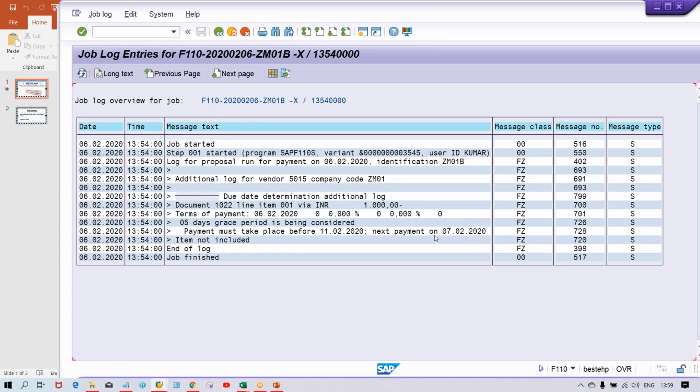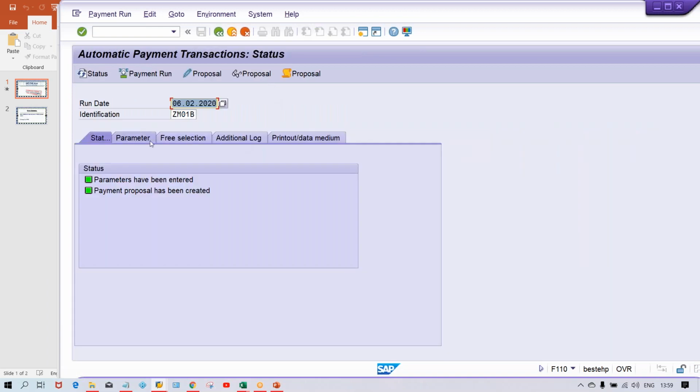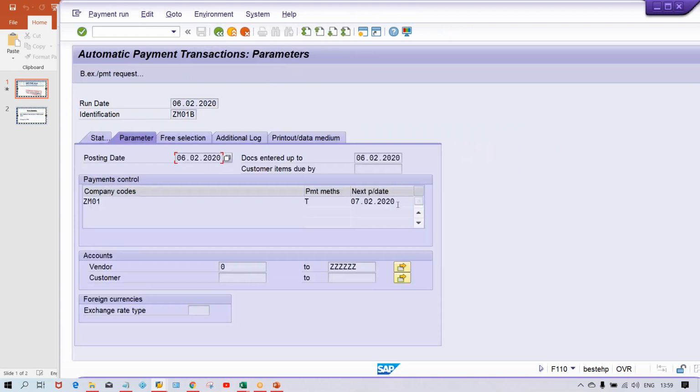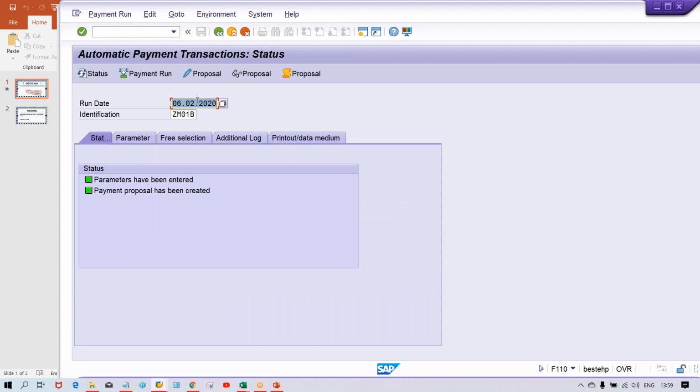It is saying that here, if you come back, right? Since we have given it in the parameter, the next payment date is 7/02, right? So till 11th, it is not included. If you are going to run APP on 12th, then only it is going to be included. So what is the solution? The solution is either you have to give,